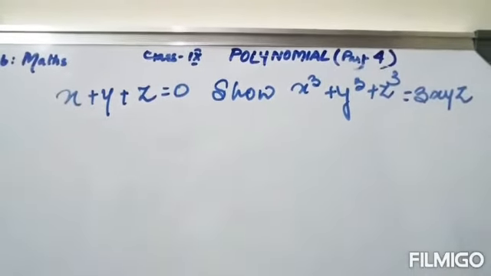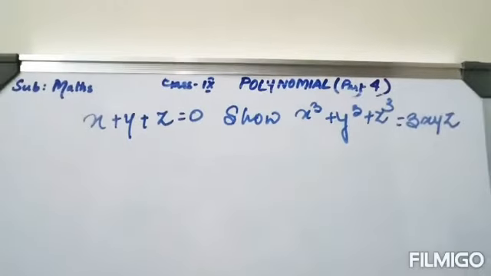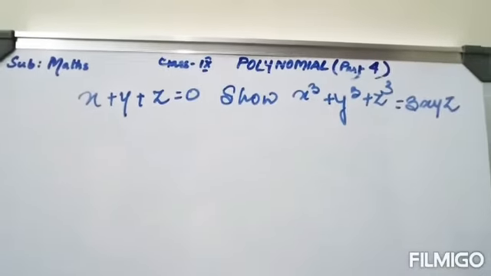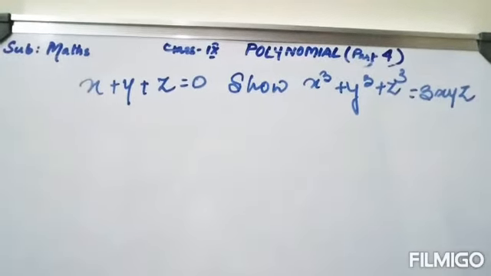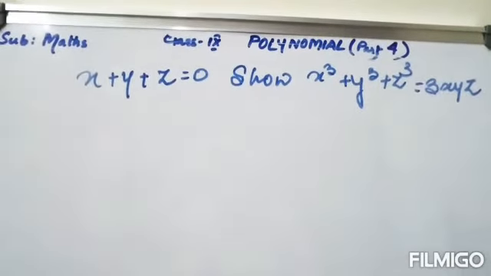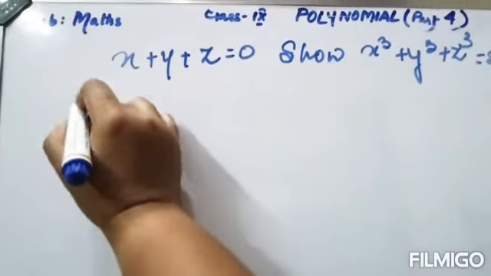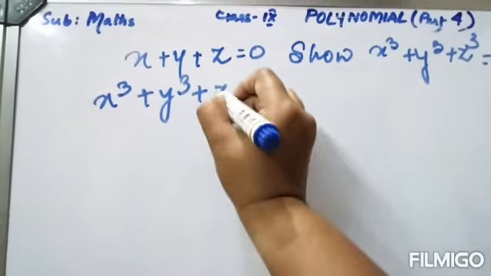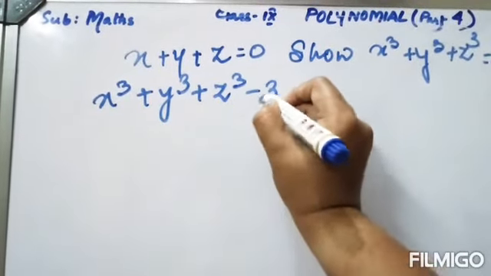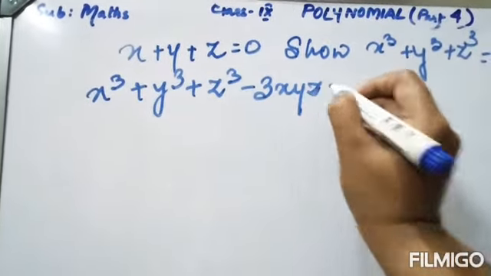Whenever this type of problem is given, you need to first think which identity is similar to these terms. You all know that x cube plus y cube plus z cube minus 3xyz